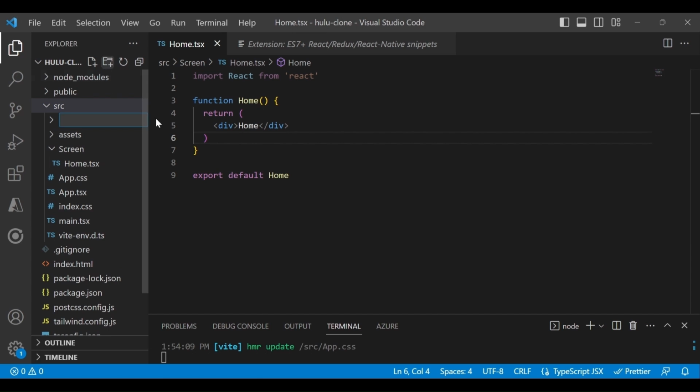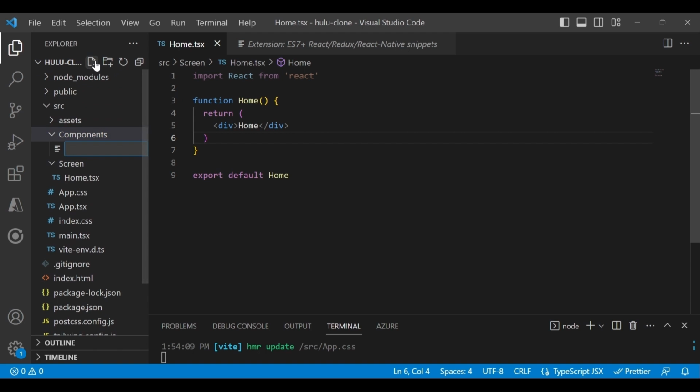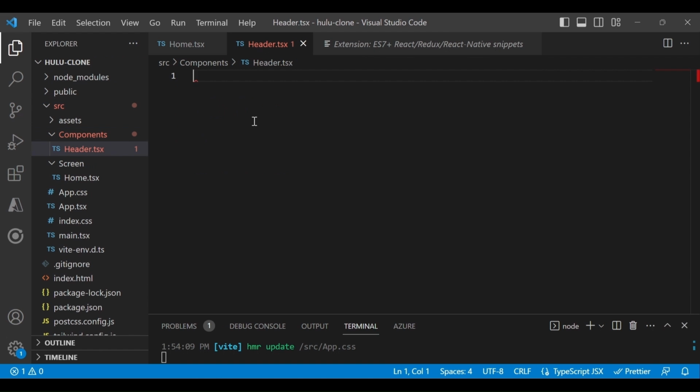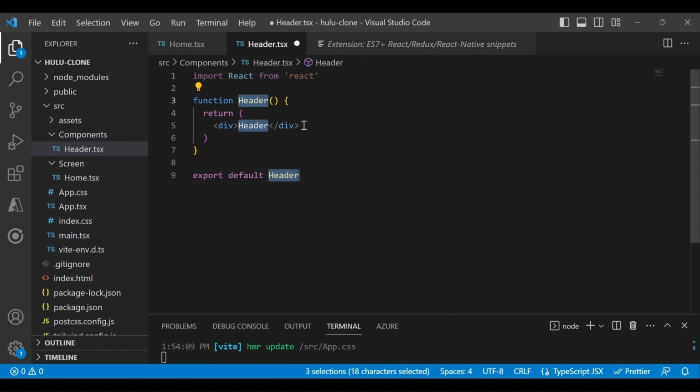Let's create another folder in the source folder. So I will create the components folder. Inside that folder, let's create a file called header.tsx. Okay, so this is a header file. Just type rfc and it will give the header.